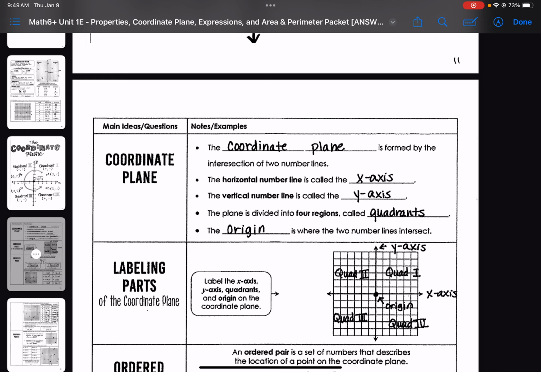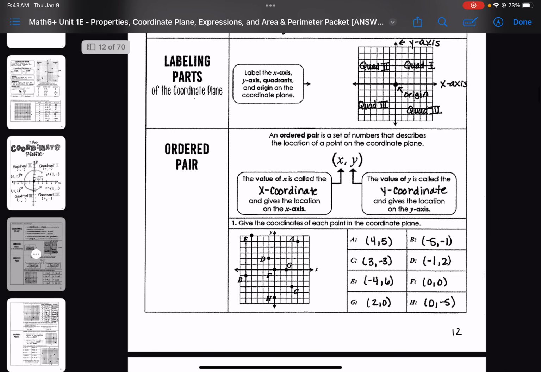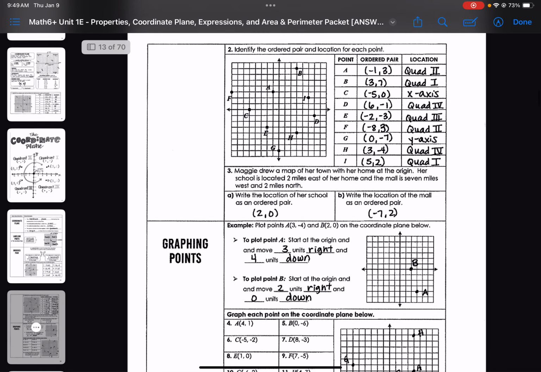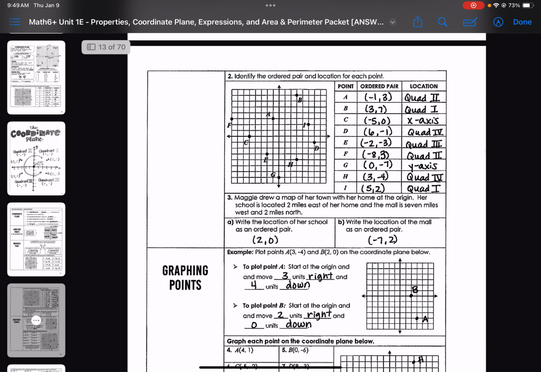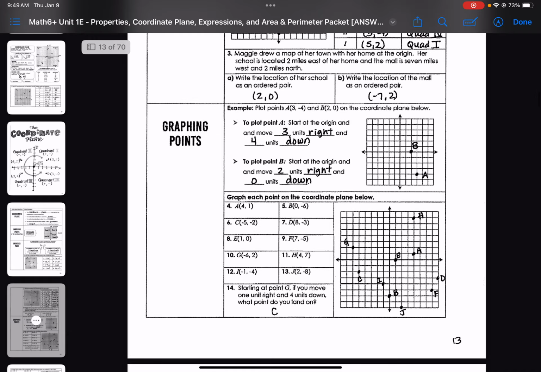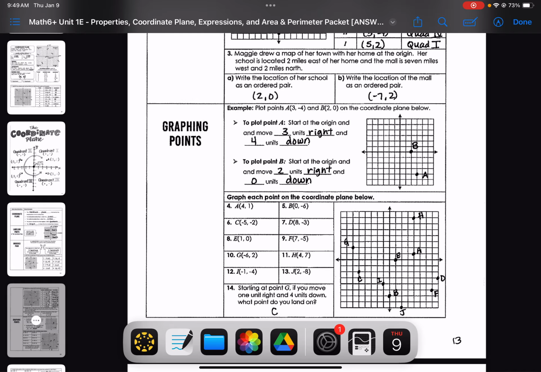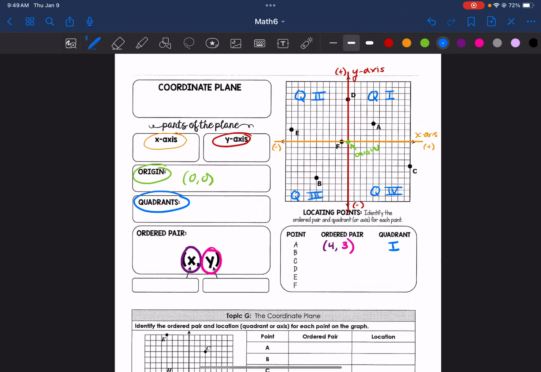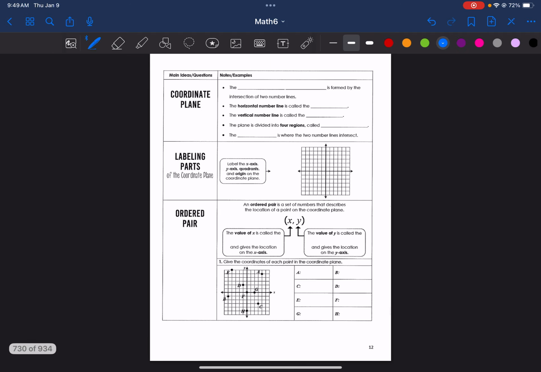Now that you've completed page 12, here's the answers. If you're not ready for page 13, you can pause the video here. But if you need the answers for page 13, here is that. And you can follow the steps for graphing the points very quickly if you didn't understand how to graph them. On page 13,